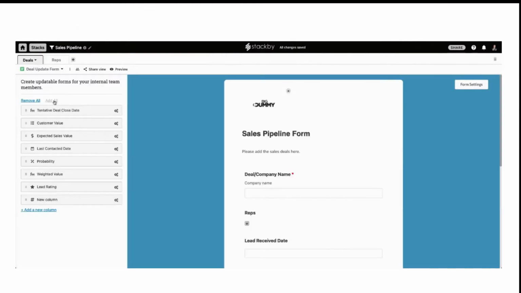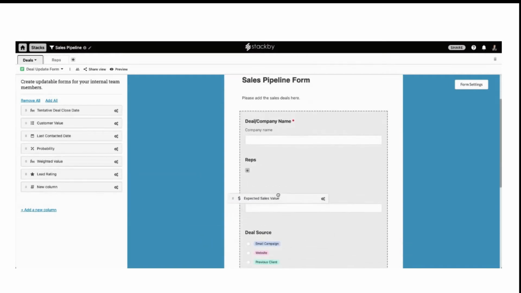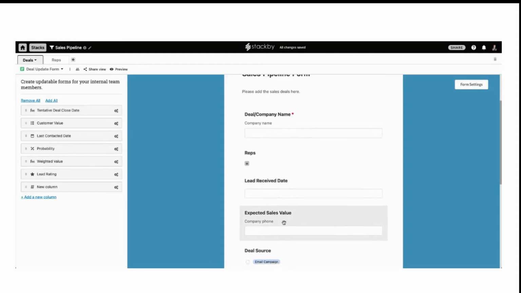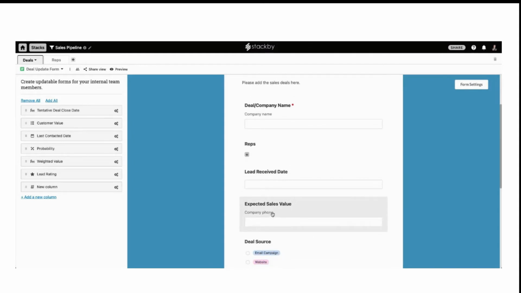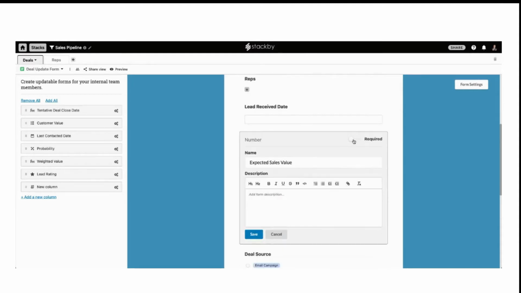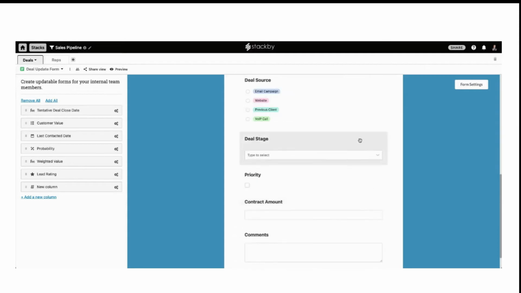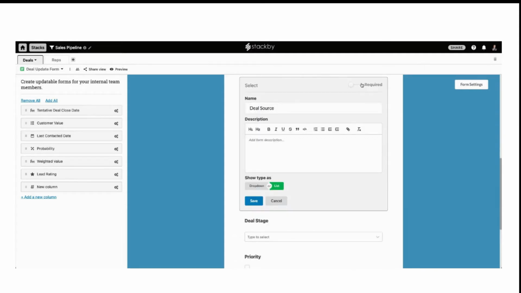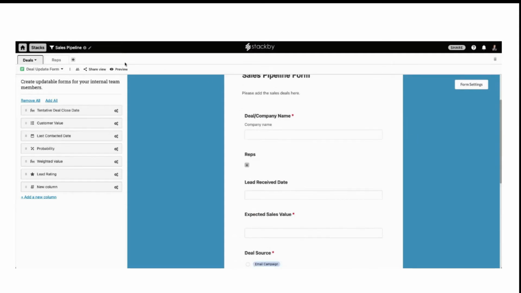So there's a deal update form and you can drag and drop the columns that you want to add within the form, change the description, make it required, and preview it.